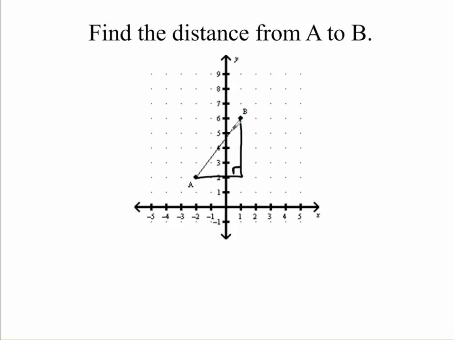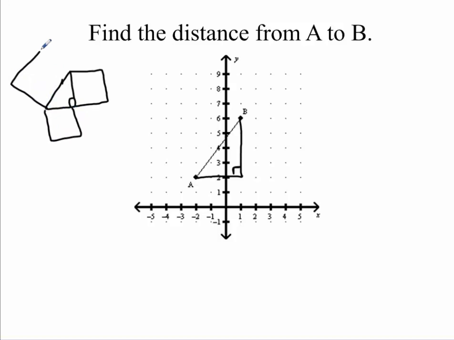So I created a right triangle where AB is the hypotenuse, and then we have the legs here that form a 90-degree angle. So now I want to find the distance from A to B. So Pythagorean theorem, if you have to recall that if you have a right triangle and if you make a square off of the legs of that triangle,